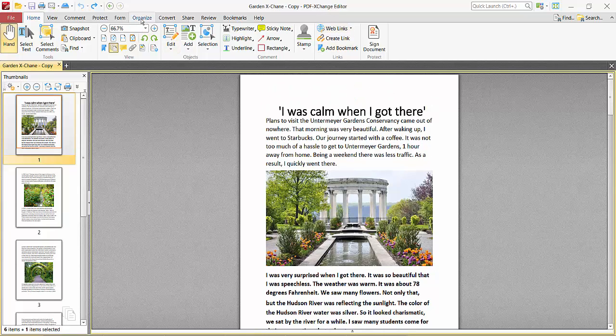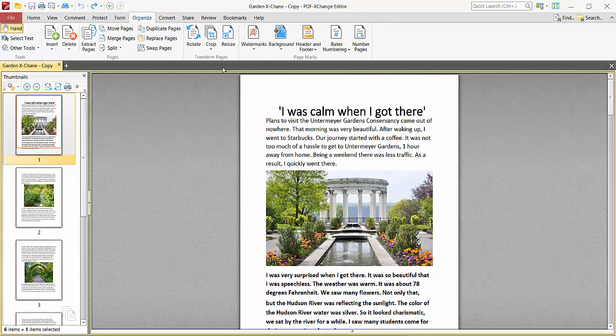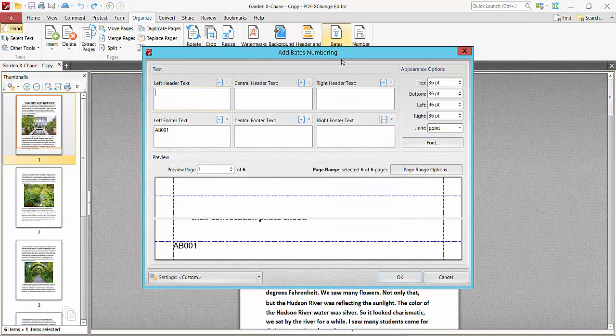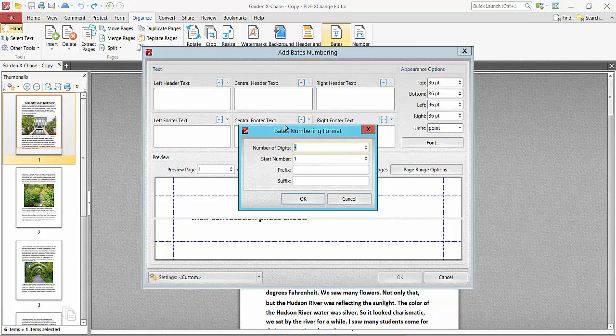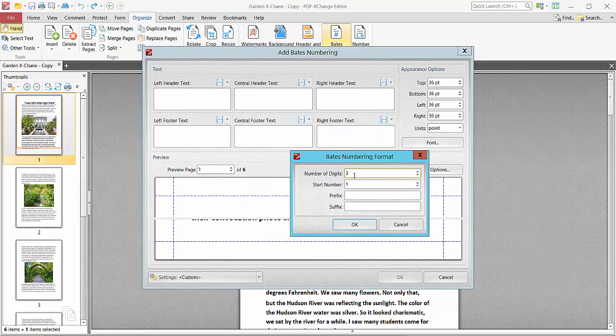Now select this menu bar Organize option and select your Page Numbers option, and select Add Page Numbers, and select where you want to put the page number. I'll add the page number in this center footer text and click on this arrow, this page number setting, and change your